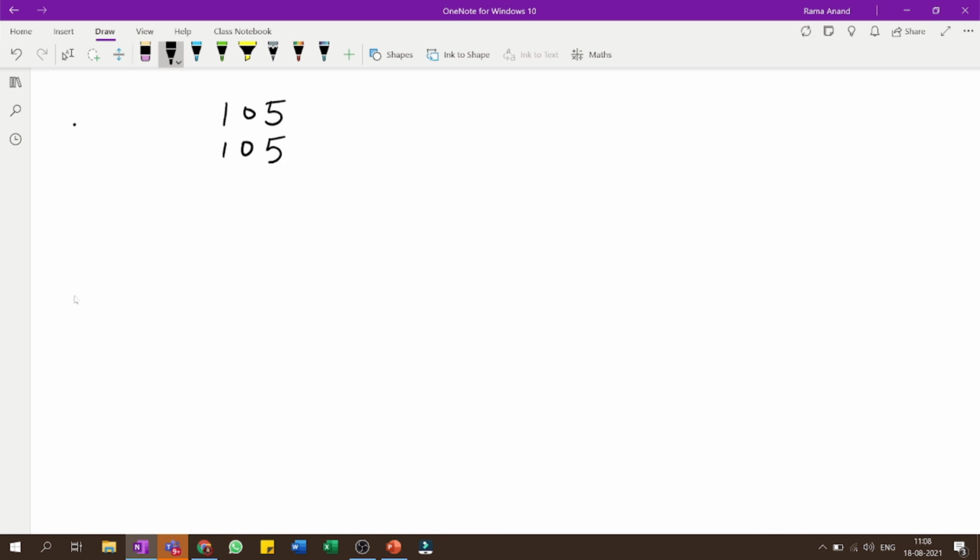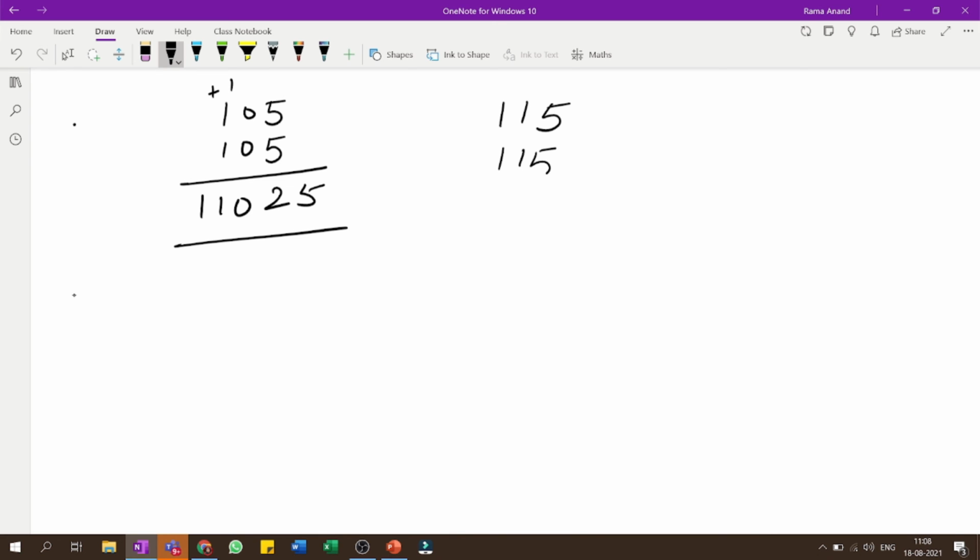Now see the square of 105. So 5 into 5 again 25. 10 plus 1 11 and 11 into 10 is 110. So if you can do it, so you can find easily. Otherwise you can just continue it with the 2 digit number. 5 into 5 25 and now 11 plus 1 12. So you know how to multiply a number with 11 also. So 12 1 3 2. That I have done in my first video, how to multiply a 2 digit number with 11. So this will be my answer.